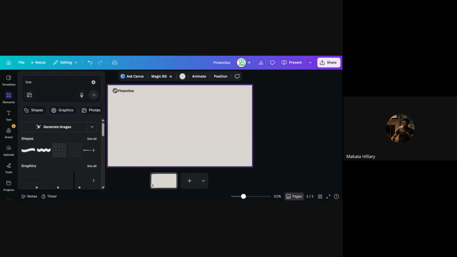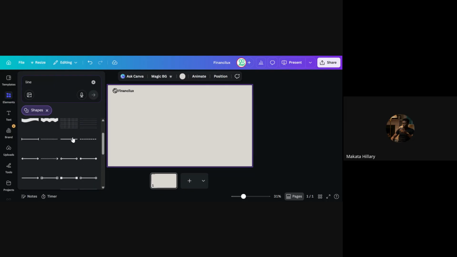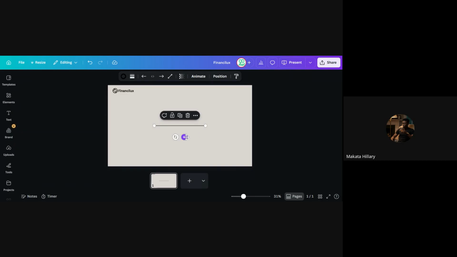Back to the elements, you search for a line. Under the shapes, you search for see more, and then you pick a line. Once you pick the line, you place it. Let's place it under, and then we drag it to the extreme